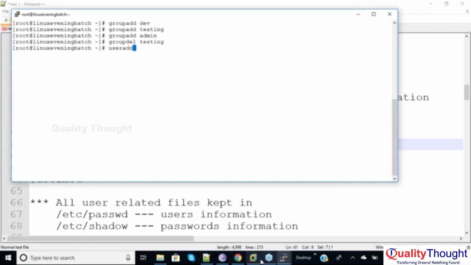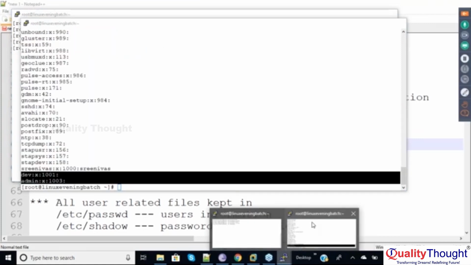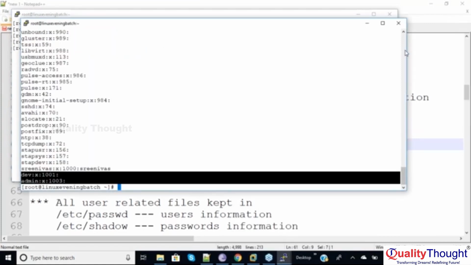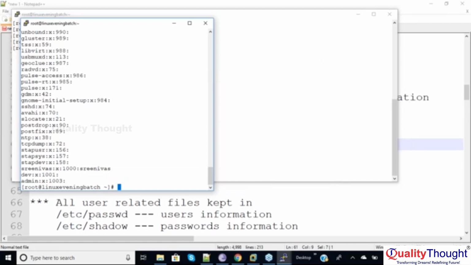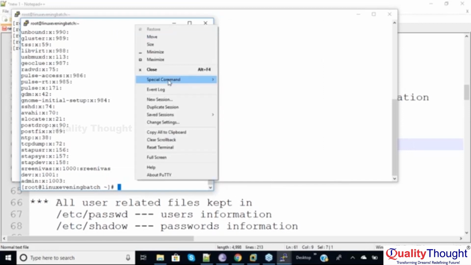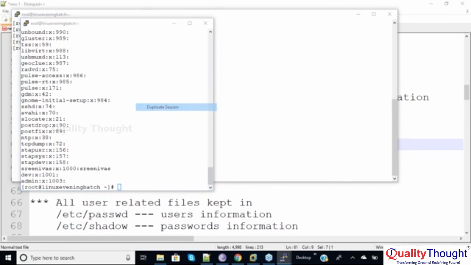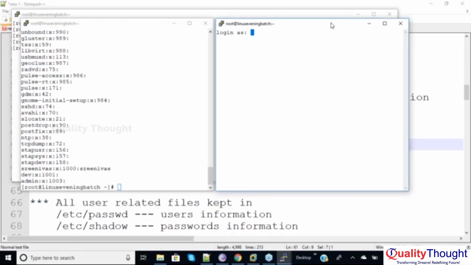Let's go to /etc/. Let me create one more duplicate window. In this duplicate window, I am showing